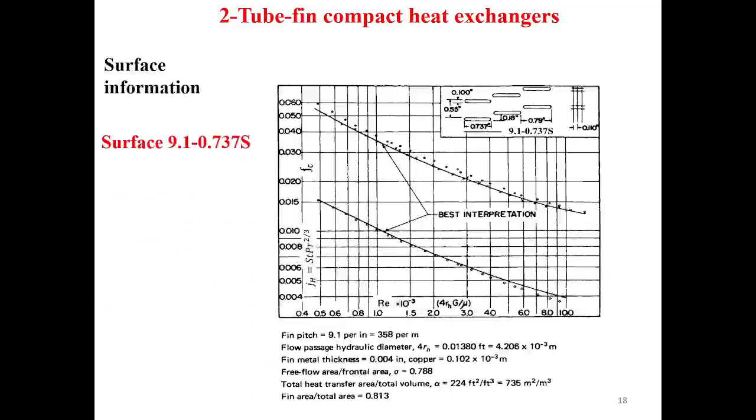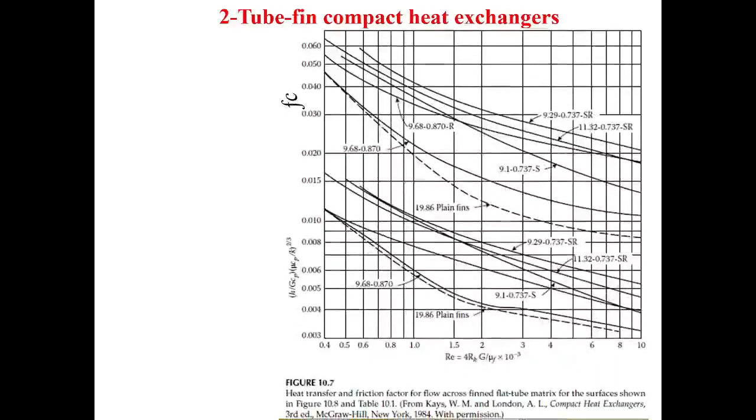This is another figure, surface 9.1-737S, which is, as you see, a flat tube with continuous fins, and the same idea that shows the variation of the two parameters, the friction and the heat transfer. In our textbook,